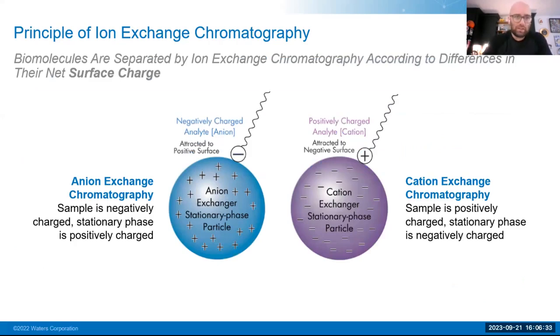So looking at the basics of ion exchange chromatography, it's a relatively simplistic idea, and really it's a particle, be it an anion exchanger or a cation exchanger, with some charge either on the surface or for a non-porous particle, or even if it's porous throughout the entire particle itself. But this charge is opposite to the actual analyte that you're attempting to separate. So an anion exchanger, you'll see, has a positive charge and is able to interact with negatively charged species on its surface, and vice versa for a cation exchanger.